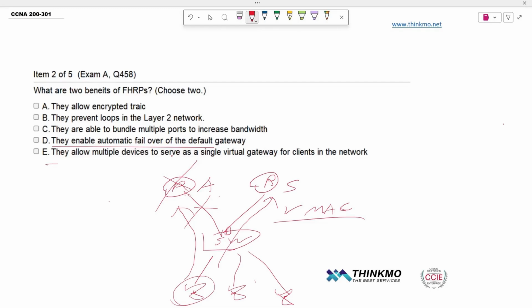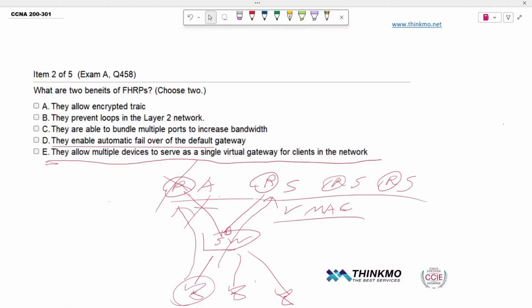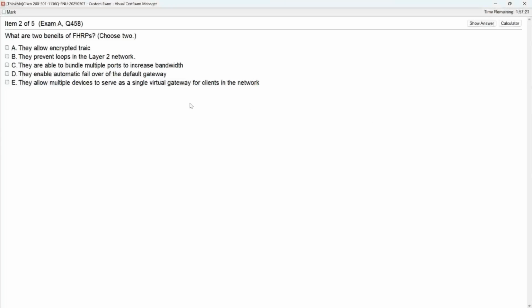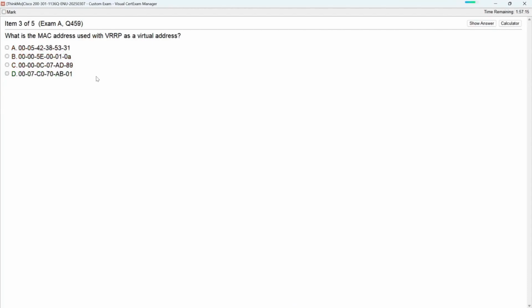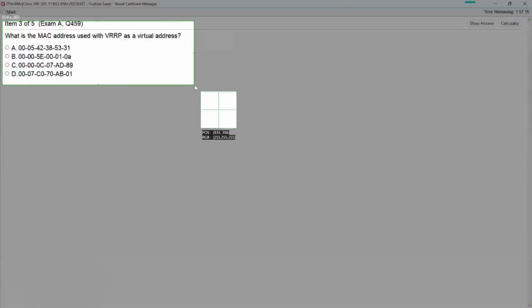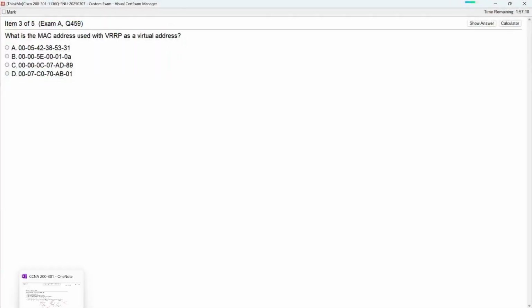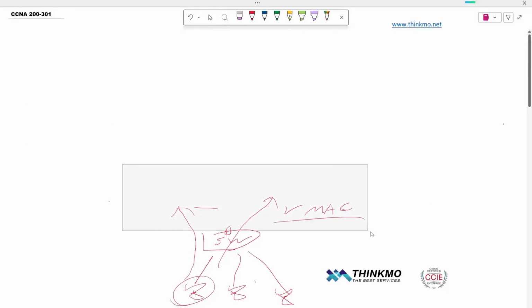For this question, there's another correct answer, which is this: it allows multiple devices in the network to act as a single virtual gateway to provide services for clients. Now, how many devices does it allow? By default, it allows 4. There are 3 in standby and 1 active, so 4 in total. So the correct answers for this question are D and E. Let's check the correct answers. Yes, D and E. All right, this question is about the VRRP public protocol, which is also the first redundancy